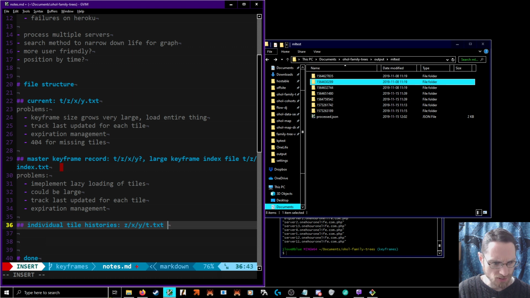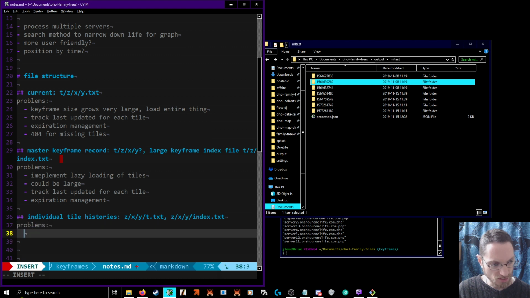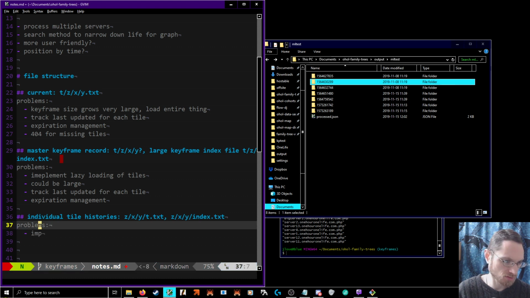And it doesn't really matter, but this gives us a DXY-like index.txt. So this will still require